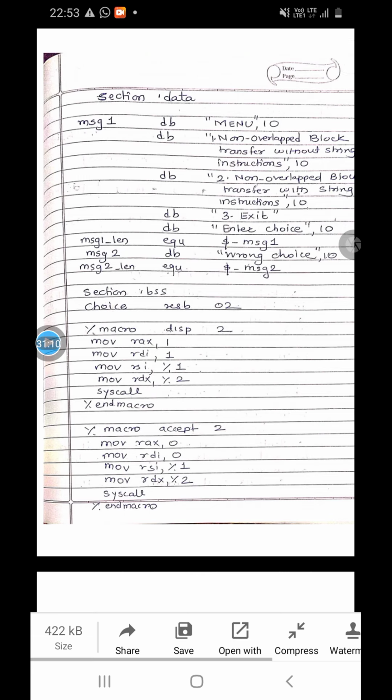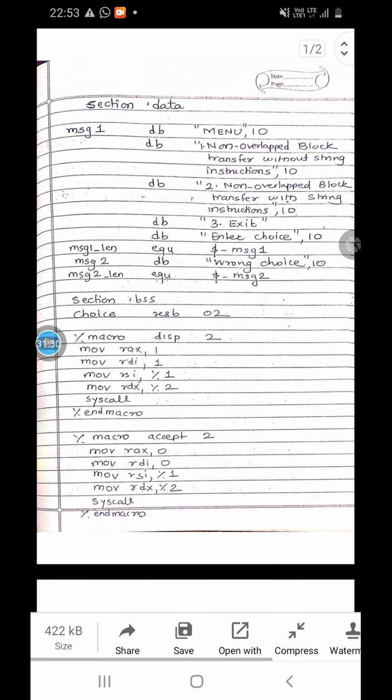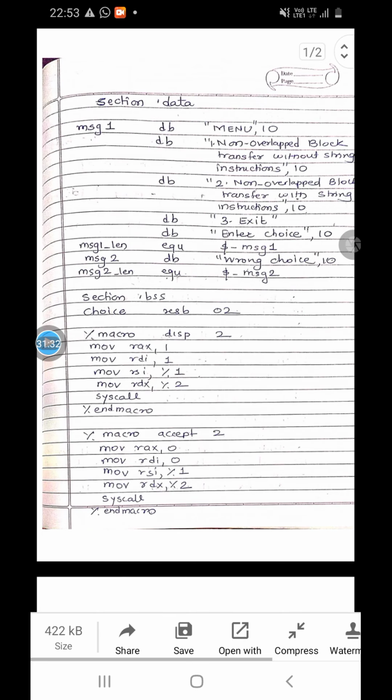Third is exit, and here itself we declare the message enter choice. Then for this message 1, we have to declare its length, message 1 underscore len EQU $ minus message 1. So for every message we know that we have to declare its length. And message 2 is wrong choice. Message 2 length is $ minus message 2.